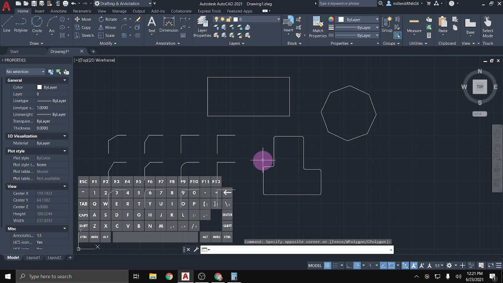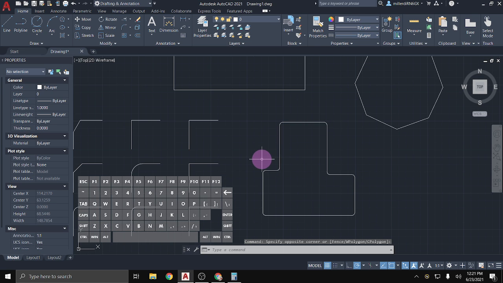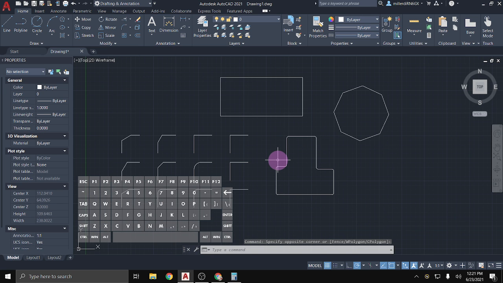In this video, we're going to talk about the join and explode tools. Join and explode do opposite things of each other, and they are a little bit straightforward. We're going to start off with the explode tool. Explode takes features that are grouped together or drawn with polyline or rectangle or polygon, and it separates them